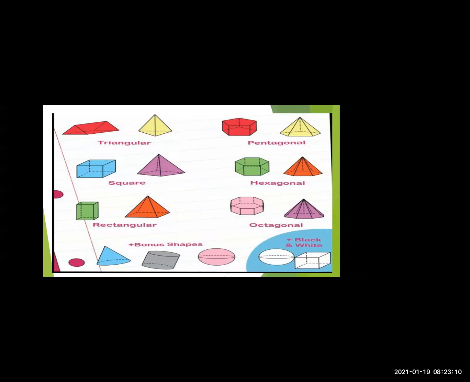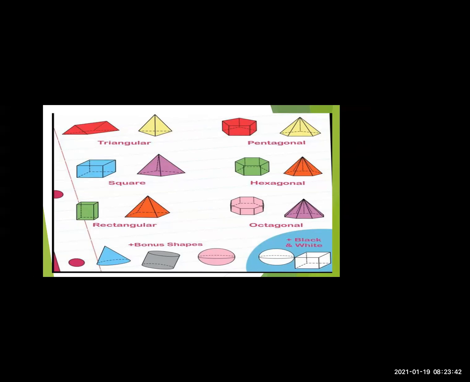Coming to the next one, we can see here is a square prism because there are more than one base. More than one base means prism. In the next figure, it has only one base and the base is square. The base tells us the name of the pyramid. So it's a square pyramid. Coming to the next, here there are more than one base, so rectangular prism. Here the base is a rectangle and the coverage is triangles and only one base. That's why it's called a rectangular pyramid.